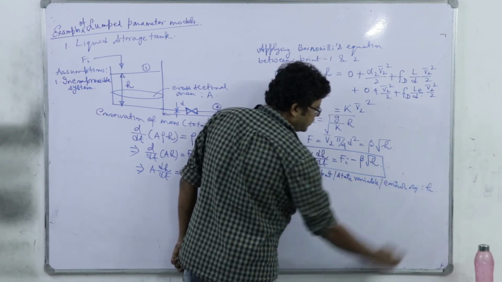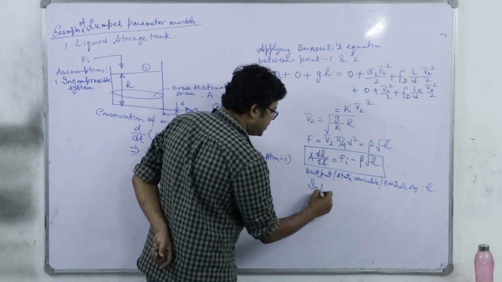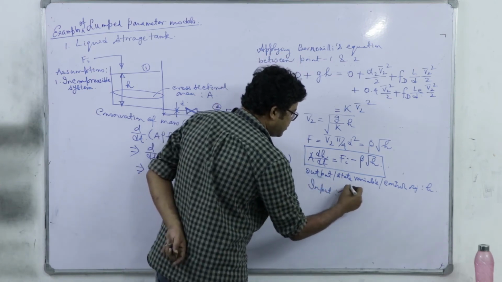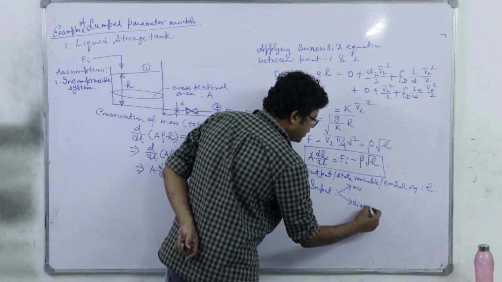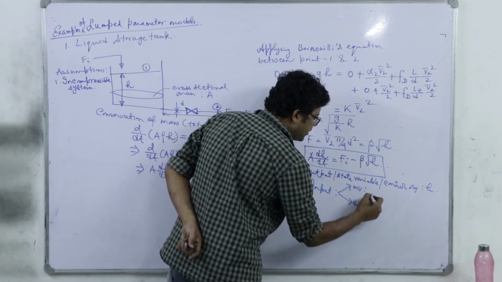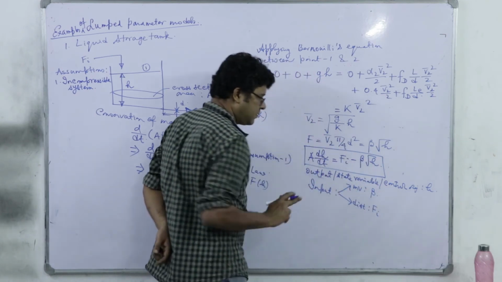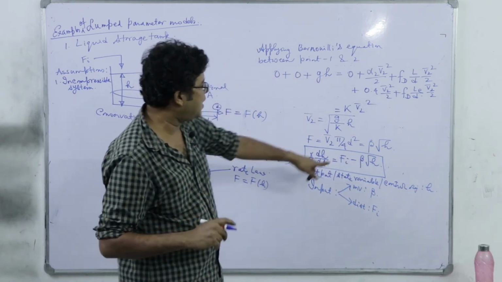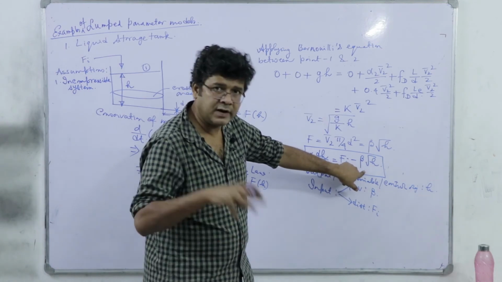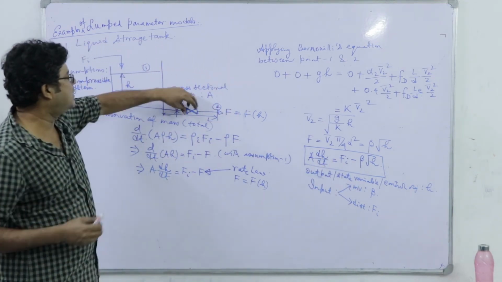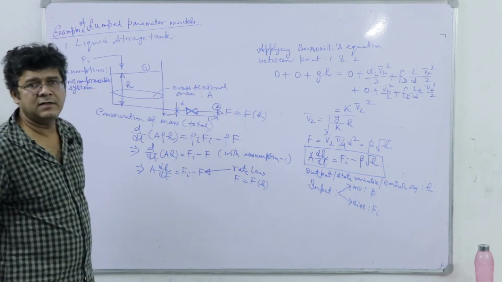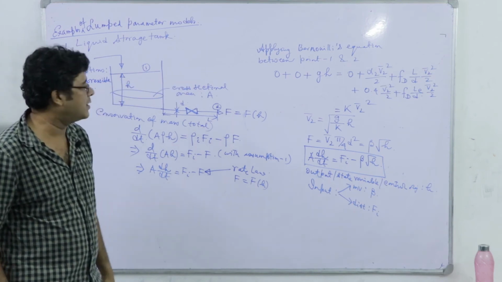That's only H. Now the input: manipulated variable and disturbance. Disturbance is Fi and the manipulated variable is beta, right? We cannot write it as F because there is no F present here. Already we have used the rate law. So as you go on adjusting the valve, the hand wheel, maybe it's a manual control,